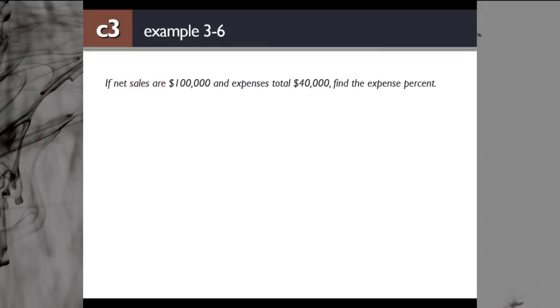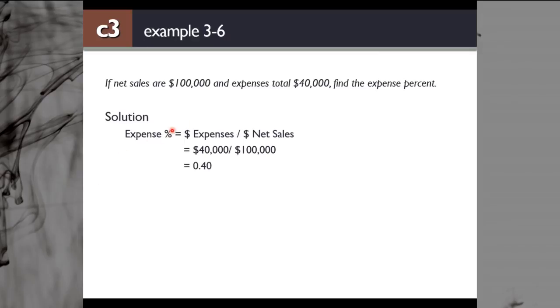Here is the example. So now you want to calculate the percent of the expenses. If net sales are $100,000 and expenses total 40,000, find the expense percent. I think you already remember the formula. It's not really hard. So what's gonna happen? Expense percent is gonna be dollar expenses divided by dollar net sales. So where is the dollar expenses? Yeah, 40,000. How about the dollar net sales? Yeah, here, 100,000. So what you can do, 40,000 divided by 100,000, then you will get 0.4, and I asked